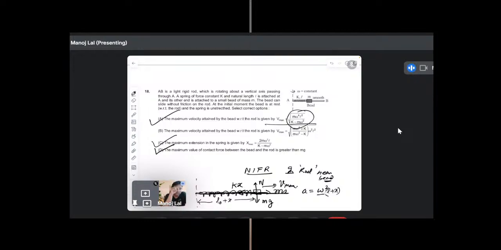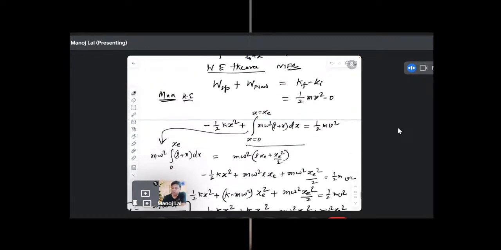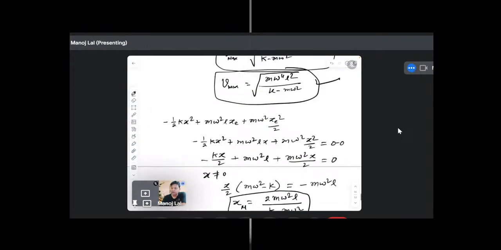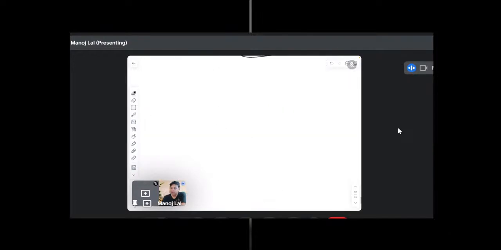What is omega, the angular frequency at which the bead is oscillating along the rod with respect to the non-inertial frame, with respect to the rod? If you want to do this question by SHM, definitely we can do it. Just take this and consider,